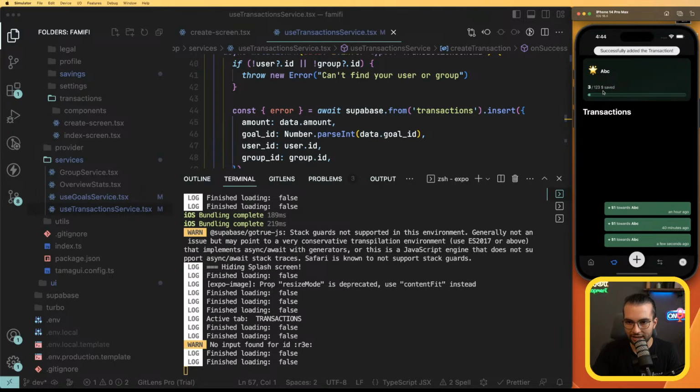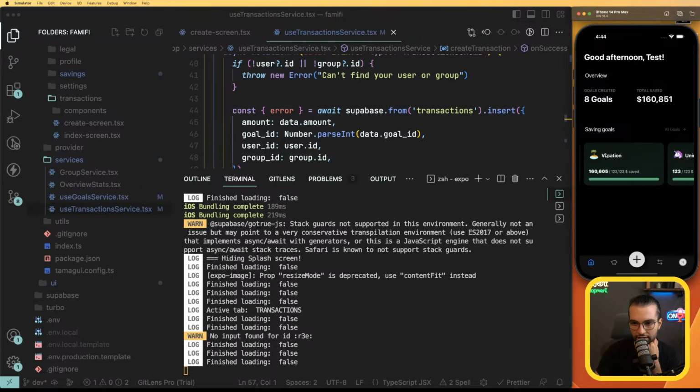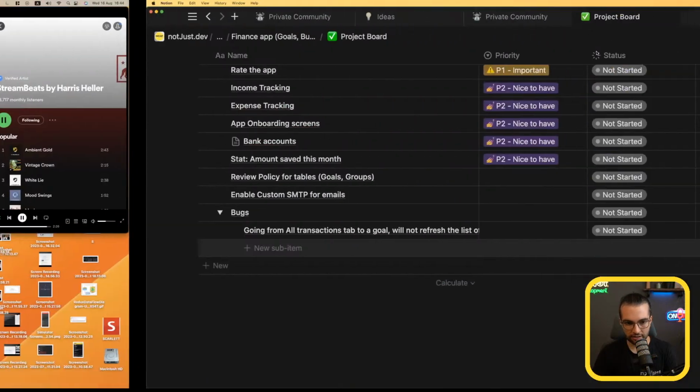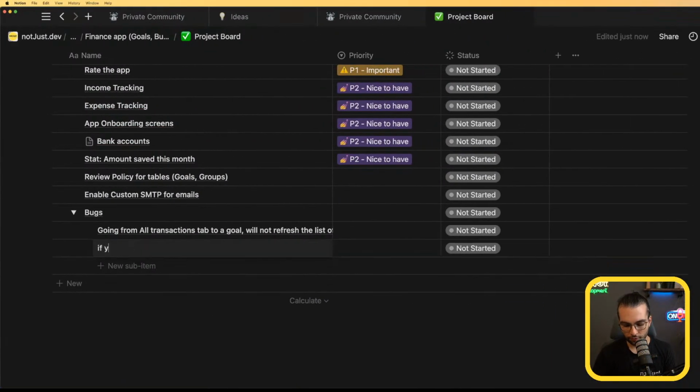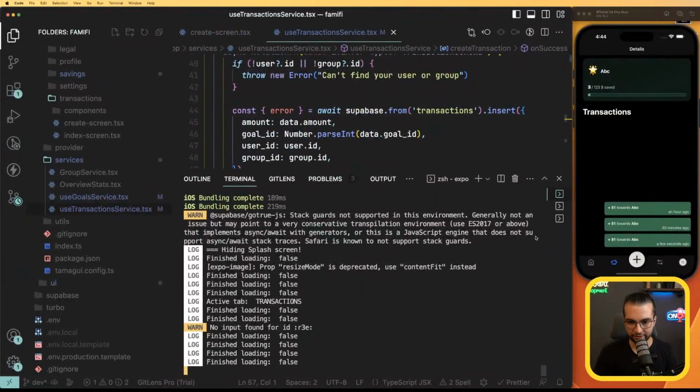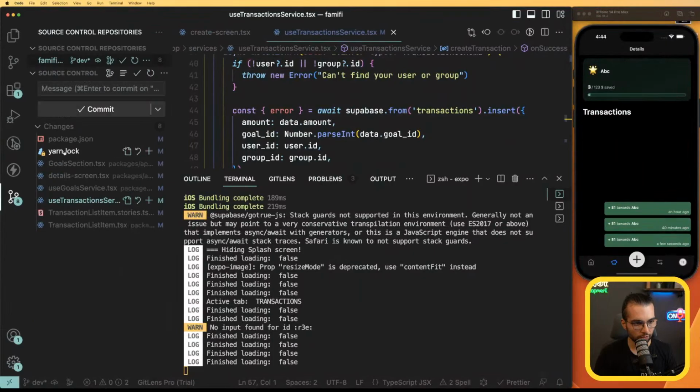A few seconds ago, ABC, and you are updated with the goal, basically. Nice, but what happens? Yeah, if you navigate to a goal detail page first, you cannot go back. But going from the all transactions tab to the goal will not refresh. This we finished. And we also changed where we redirect. So